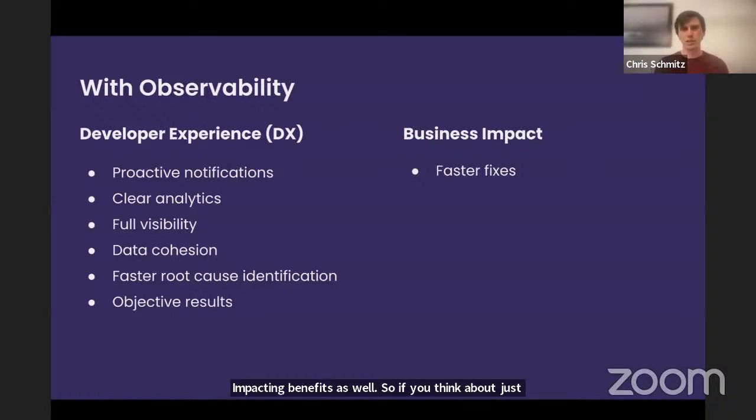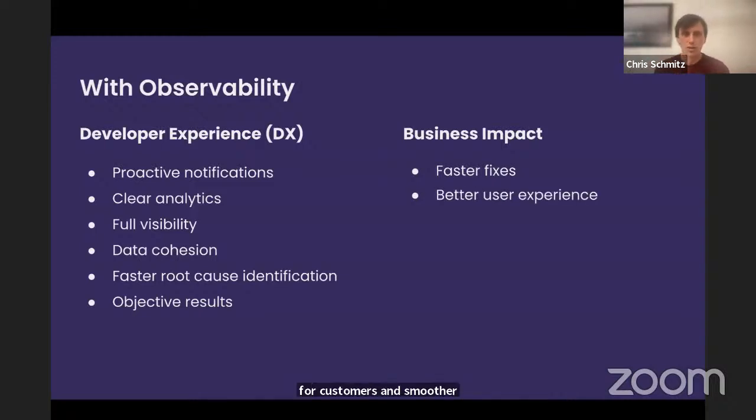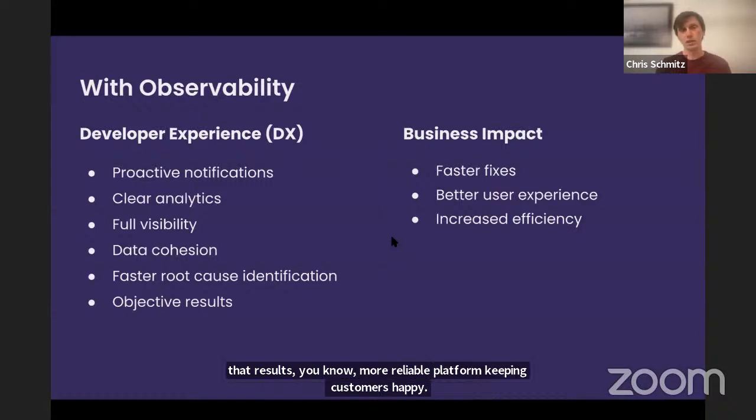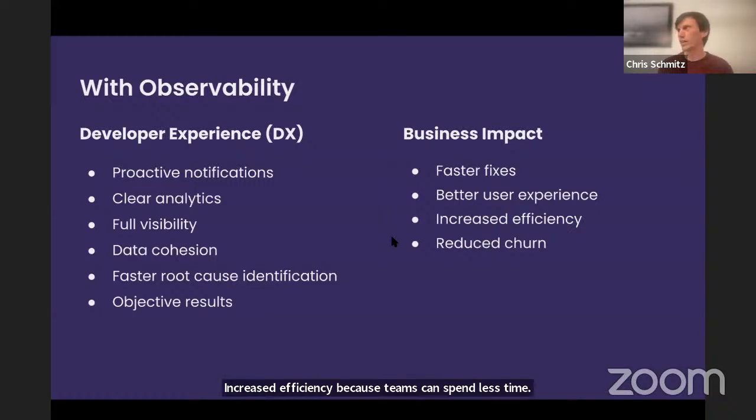Why should you be investing in this type of developer tooling? One, of course, faster fixes, quicker problem resolution, reduces downtime for customers, and a smoother user experience. That results in a more reliable, responsive platform, keeping customers happy. Increased efficiency, because teams can spend less time troubleshooting and worrying that the system might not be performing the way it is. They can find those bugs and fix them a lot faster, and that allows teams to spend more